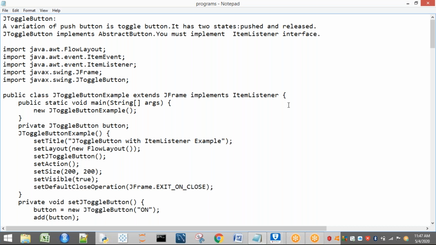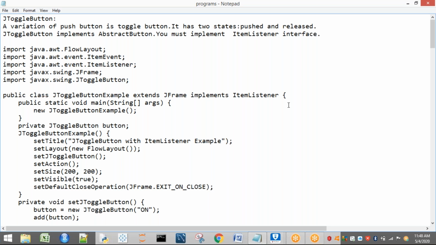For every component, generally it is going to generate an event. For example, JButton is going to generate an action event. Scroll bar in your AWT events generates some event. Checkbox, everything generates some event except label and JLabel. In the same way, JToggleButton is going to generate an event, which event?